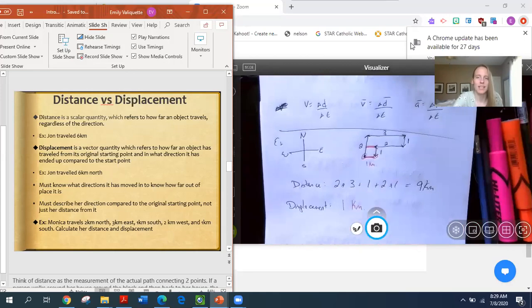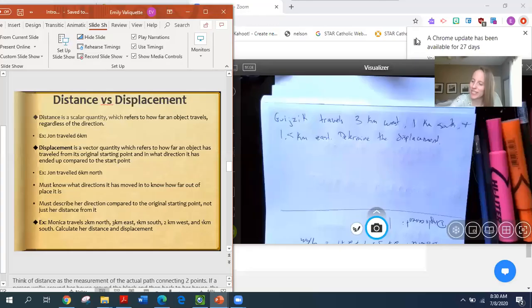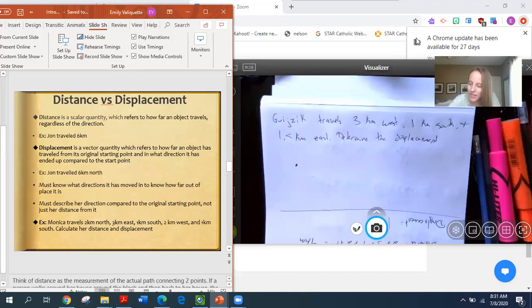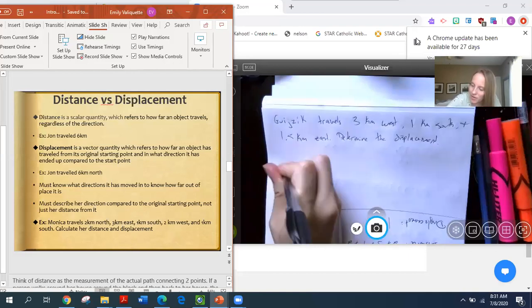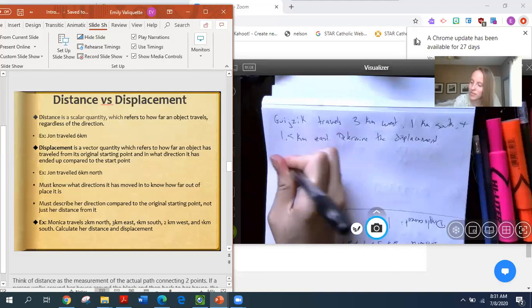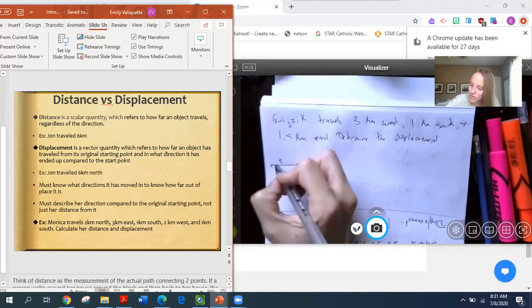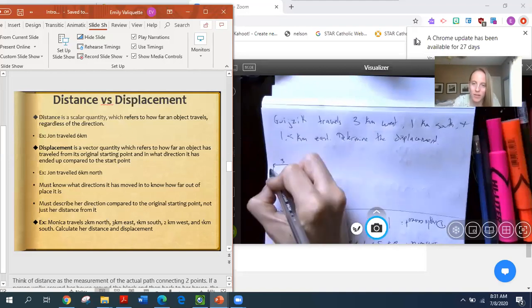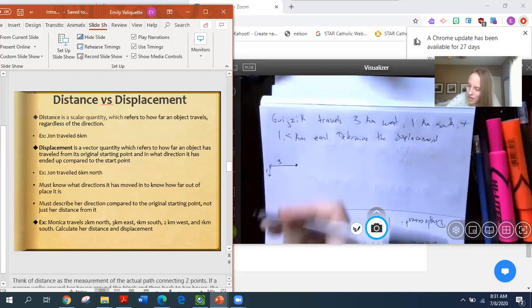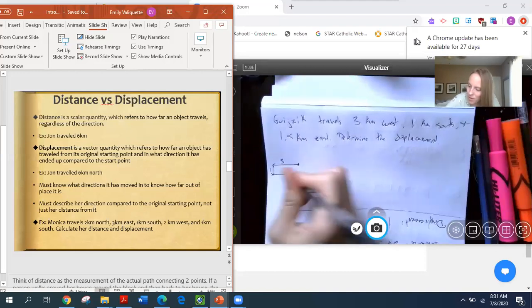Okay, let's try a second example. Okay, in this second example, Gijik travels 3 kilometers west, 1 kilometer south, and 1.5 kilometers east. I've asked you to determine the displacement. So again, I'm just going to start with my origin point and then go 3 kilometers west, 1 kilometer south, and 1.5